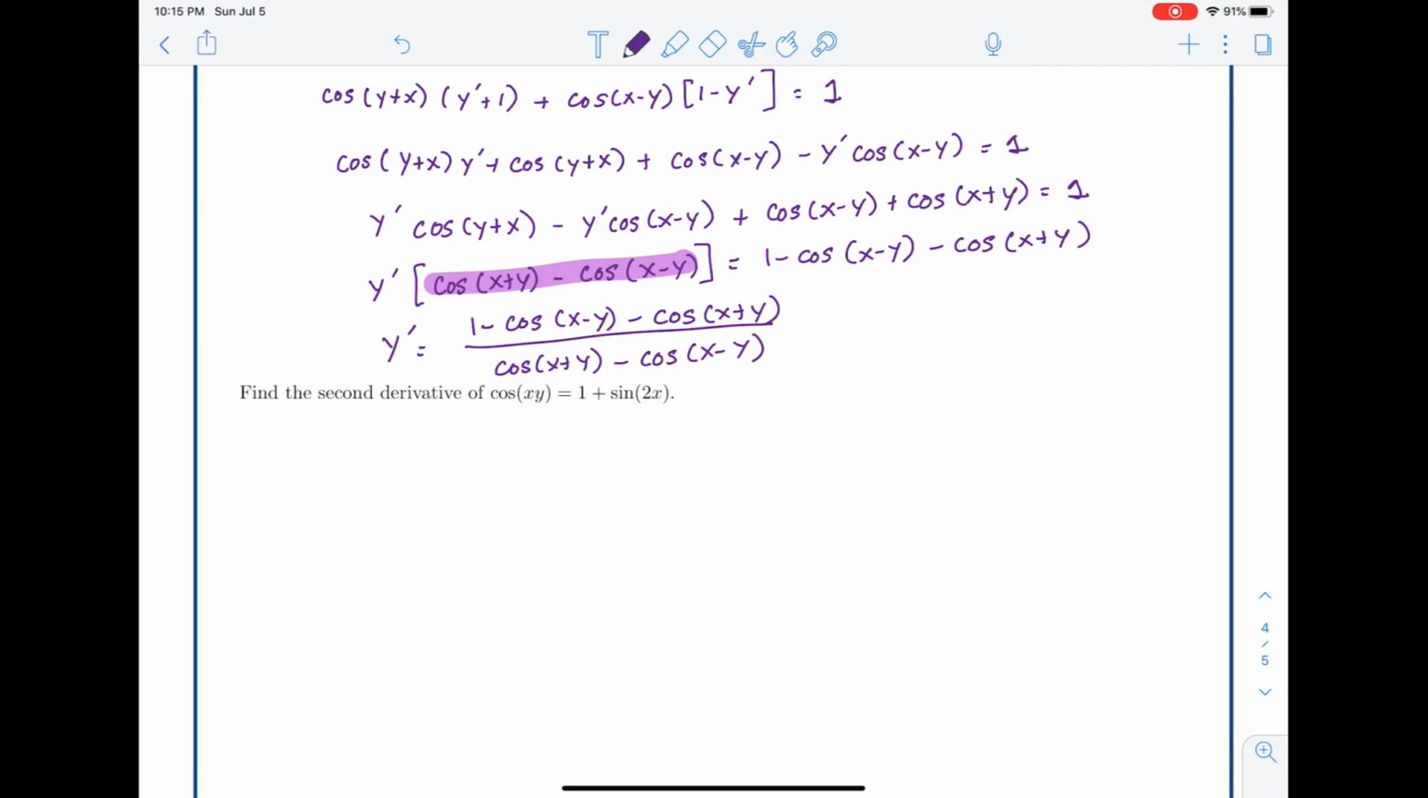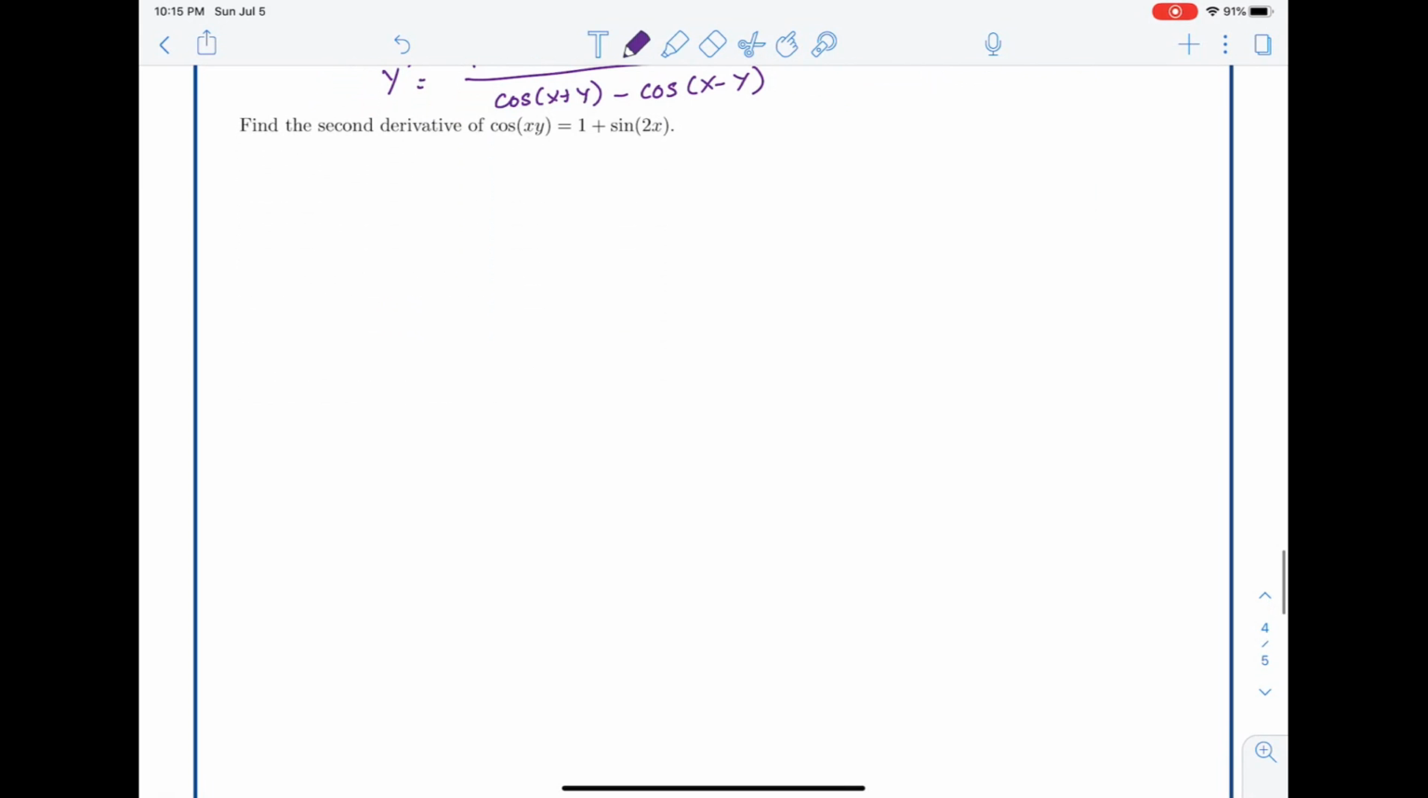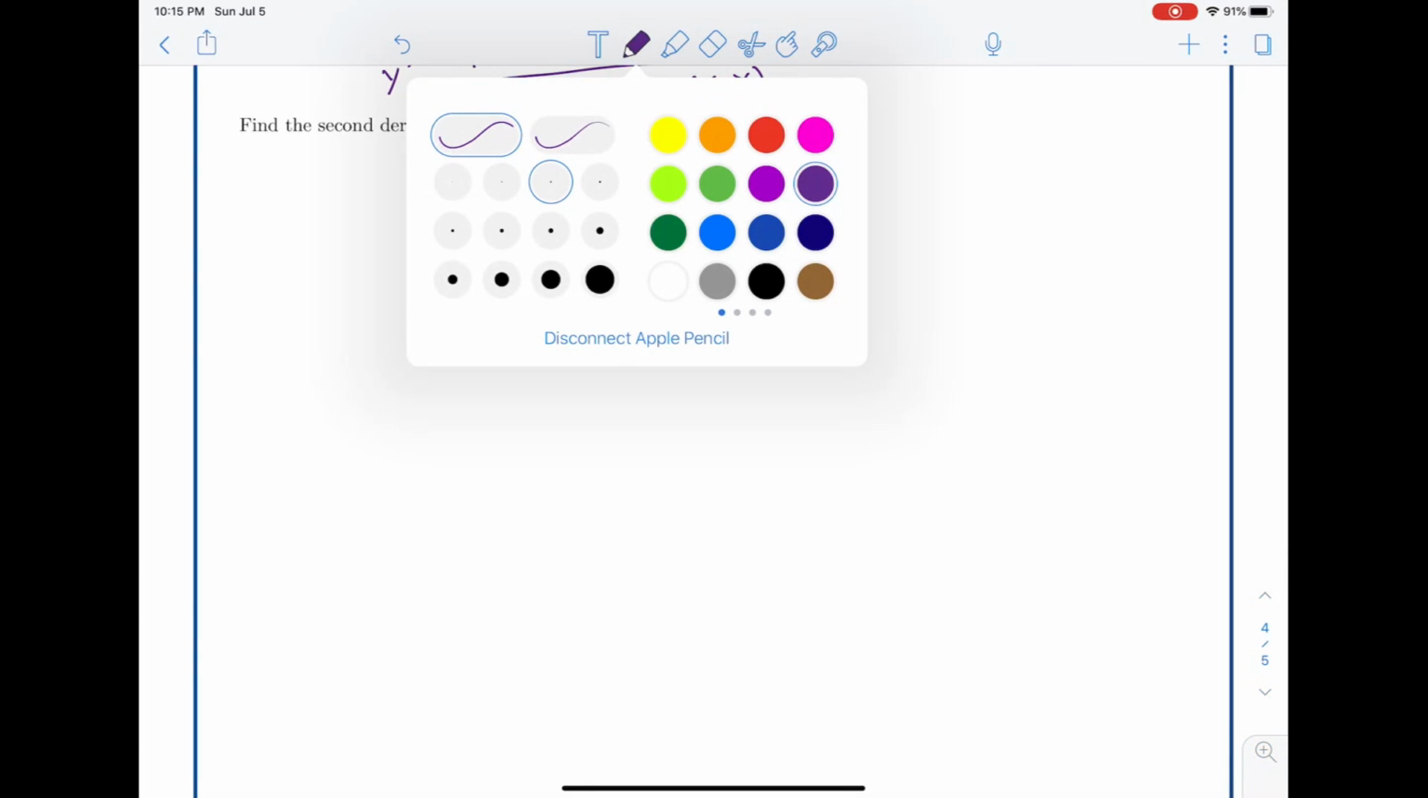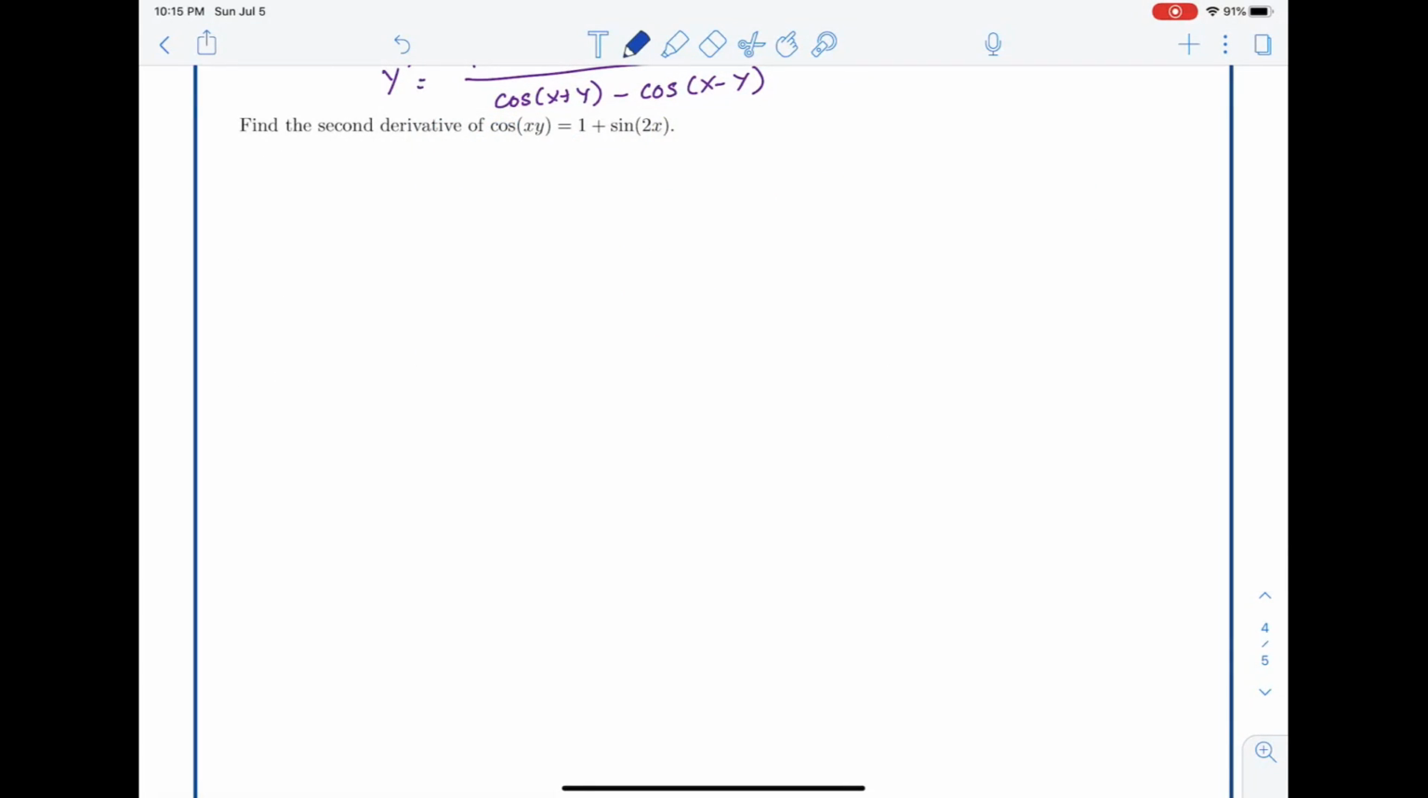Oftentimes, when we do implicit differentiation, we would be in a position such as this one where we can simplify and solve for the derivative of y. But you've got to keep in mind, at the end of the day, that derivative would in fact depend on y itself implicitly. So here is a problem where we have to find the second derivative, and lots of implicit things going on here. So the first derivative